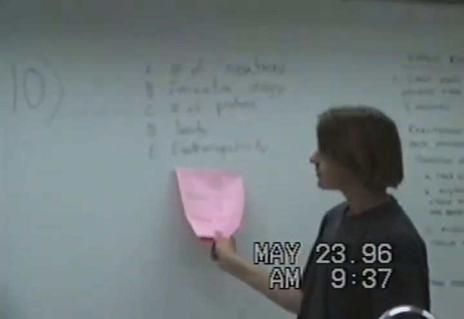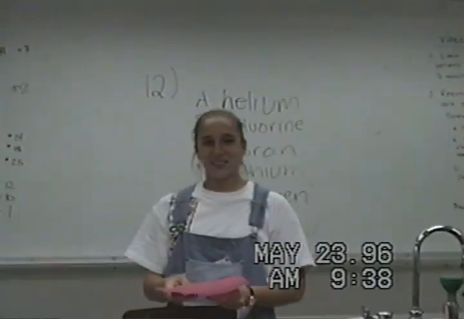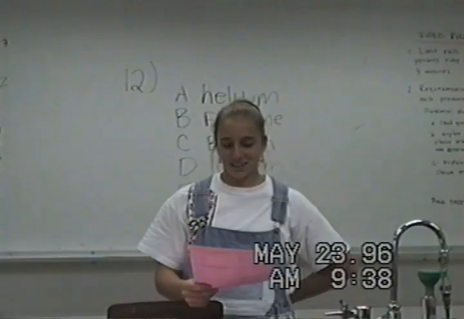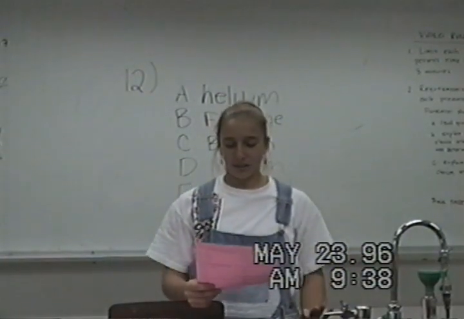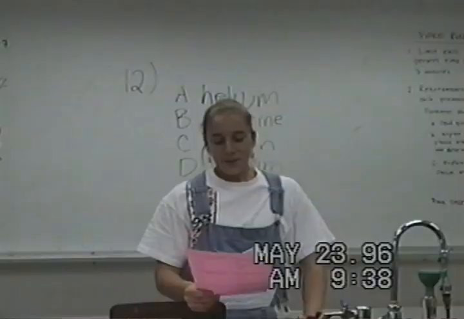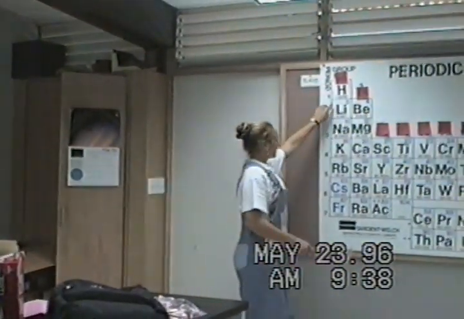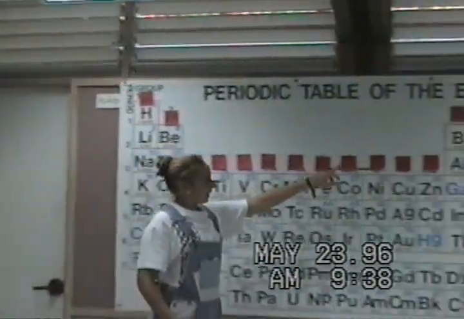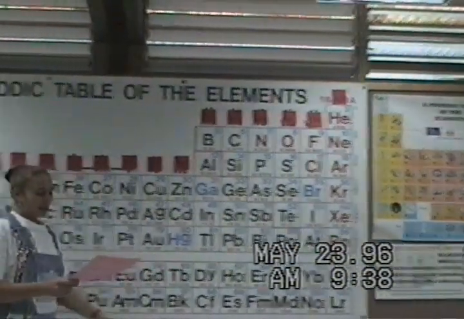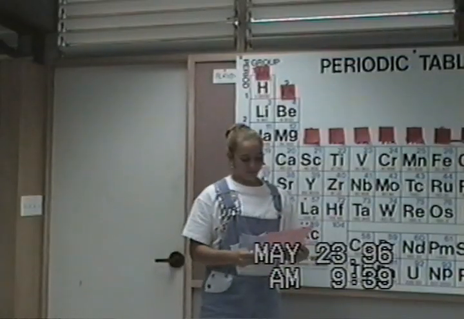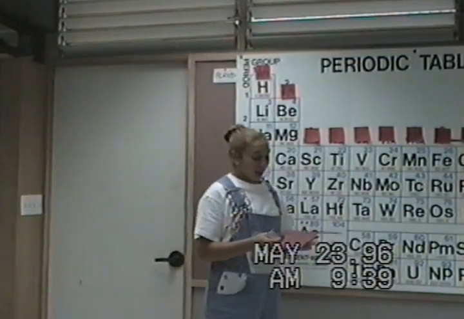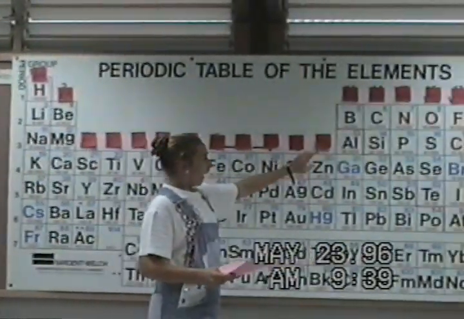And okay, I'm doing number 12, and it says if an atom has 5 electrons and is non-strong, to which group of the elements in the periodic table does it belong? And these are your choices. So go to the periodic table. Okay, the rows, this one and this one, and these ones over here, they represent how many valence electrons each atom has. So since this is group 5, it's